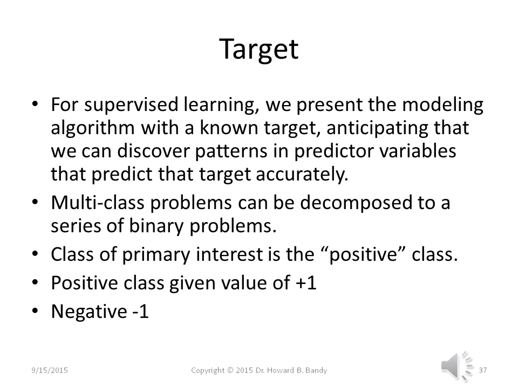For a multi-class problem, we can decompose the target into a series of binary problems, and we're going to be most interested in one class. So we will call it the positive class, and we will give it a numeric value of +1. Everything else is the negative class, and it will be given a numeric value of -1. These can just as easily be thought of as labels, +1 and -1.